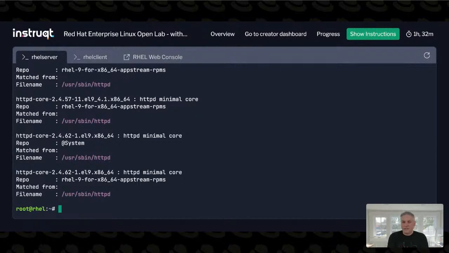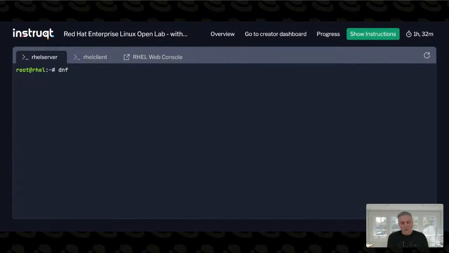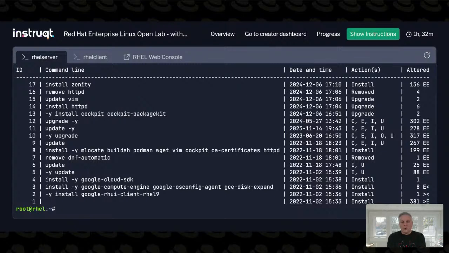When we're doing our DNF command to manage the packages on our machine, if we do a DNF history, these are all of the package transactions that DNF has done, and they're kept track of in a database. And so, for example, if I wanted to undo that giant pile of packages I installed with Zenity, I could try this. I could try DNF remove zenity,